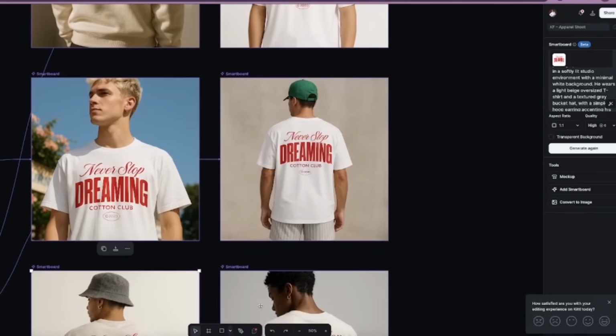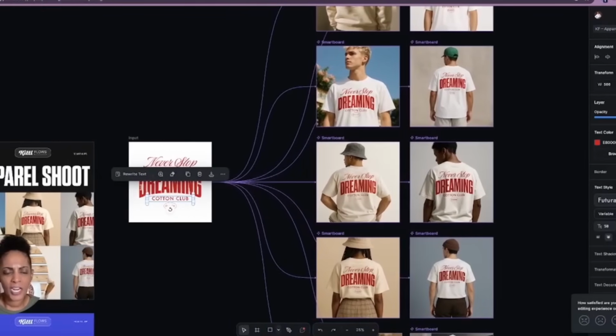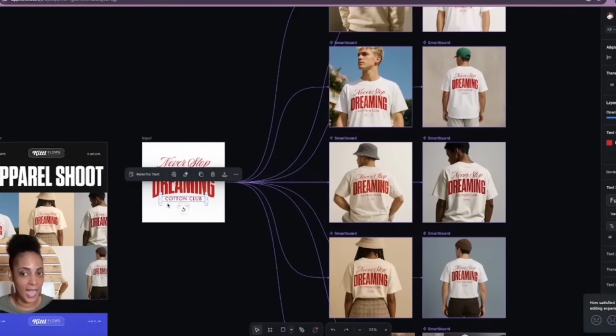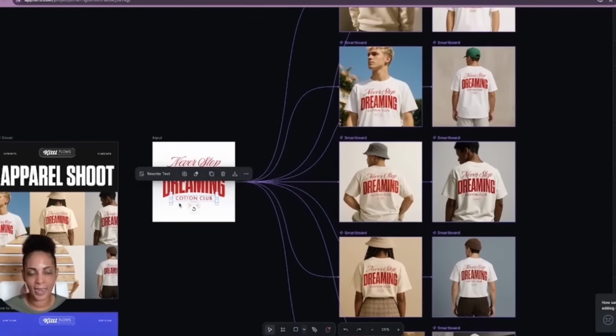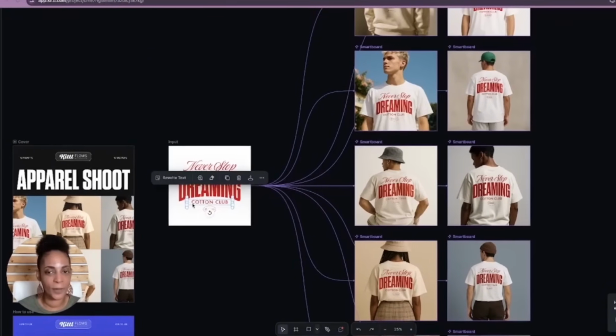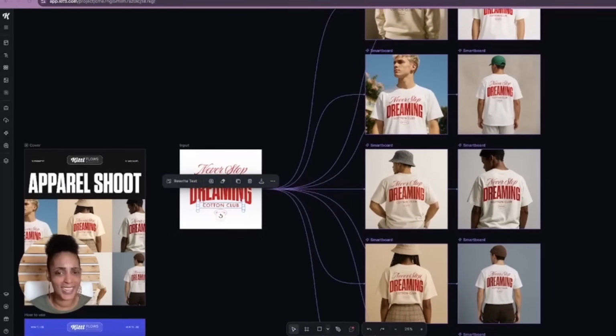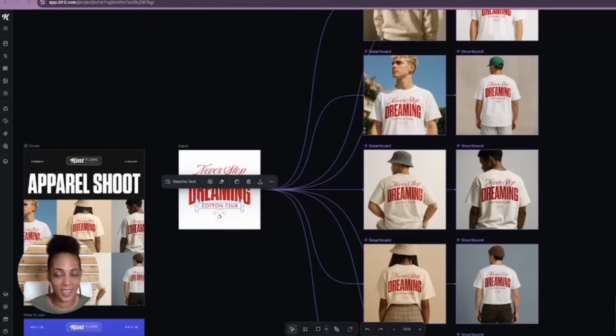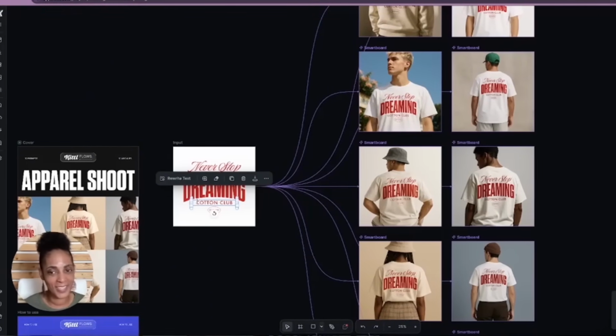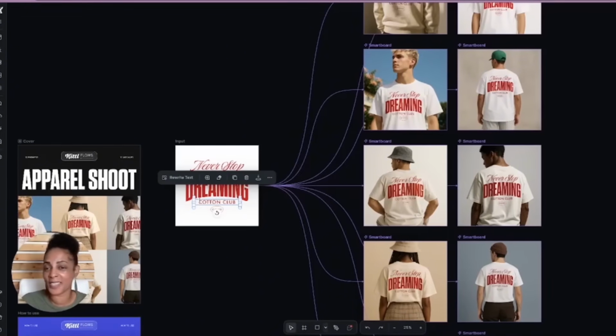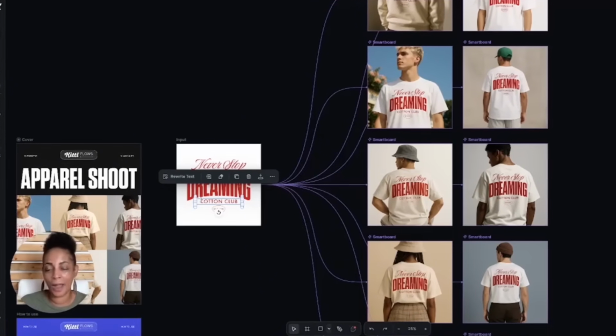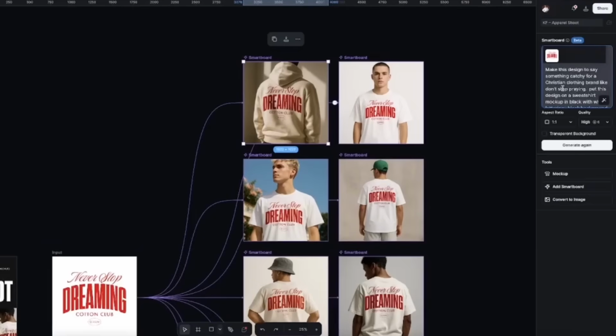So what I'm going to do, I'm going to change the wording of the design, and I'm going to change some of the prompts just to show you how easy and simple this can be. And baby, you can work this to a T. And all you have to do is just download them and then save it and then upload it to your storefront. Okay, so I gave it a new prompt and I said,